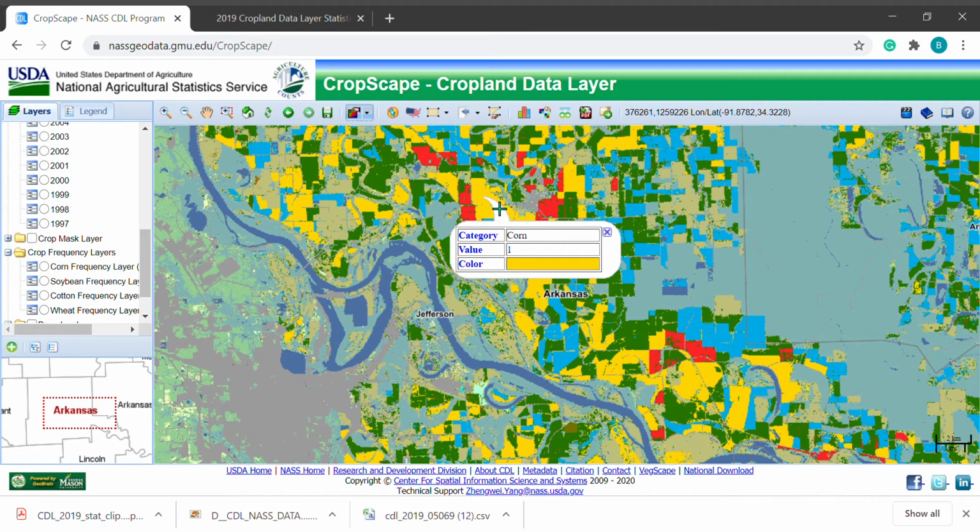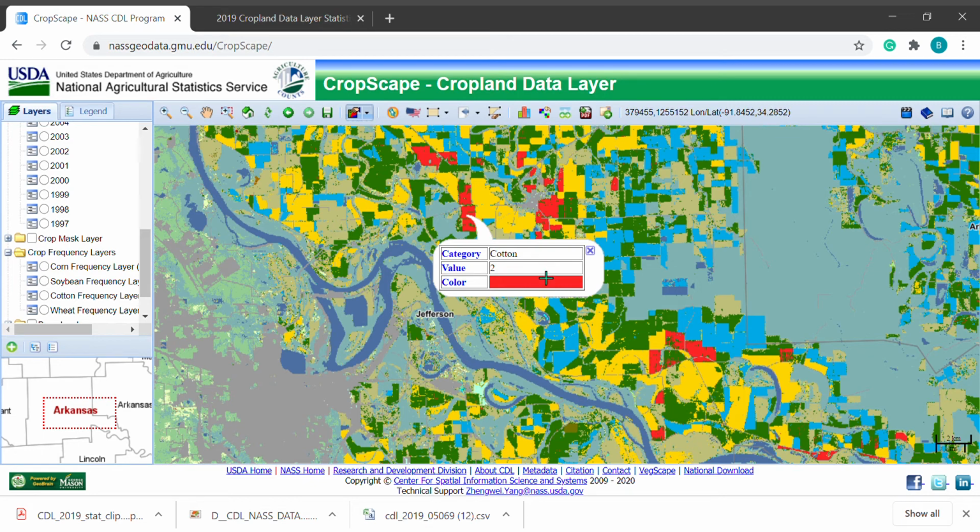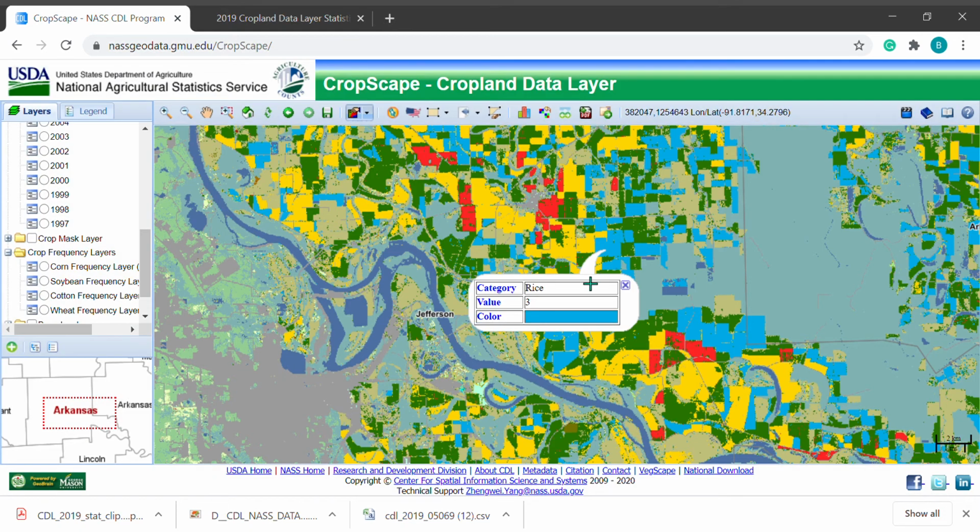The yellow color means it is the corn crop and the value is 1, and in case of the red color, if we click here, it says it is cotton and the value is 2. In case of the blue color, it says it is rice and the value is 3.